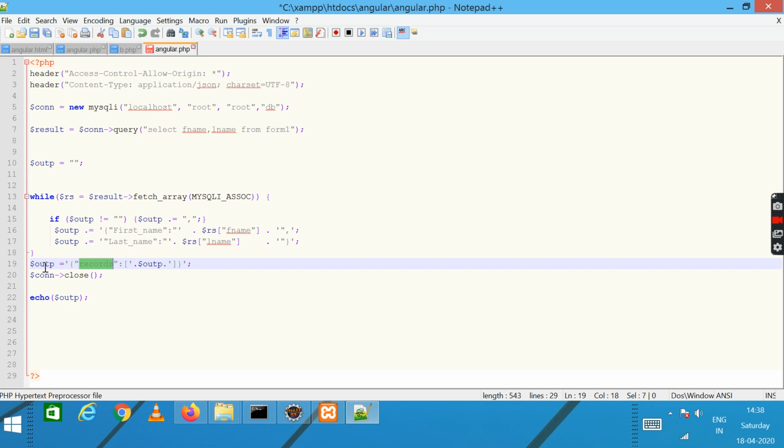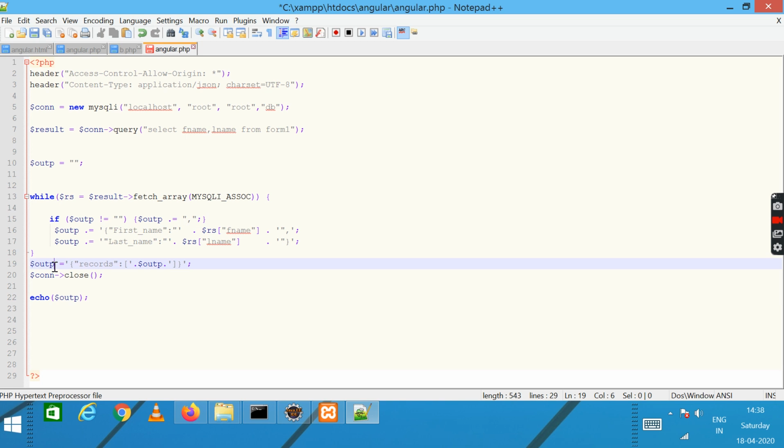So if I echo it, it will print records colon, all the values of first name and last name separated by commas. And the structure of this output is in the form of JSON data. So this is the code that we have.